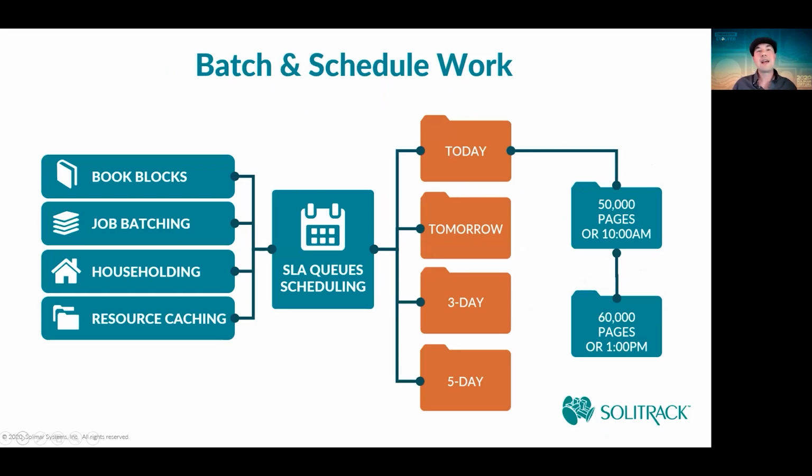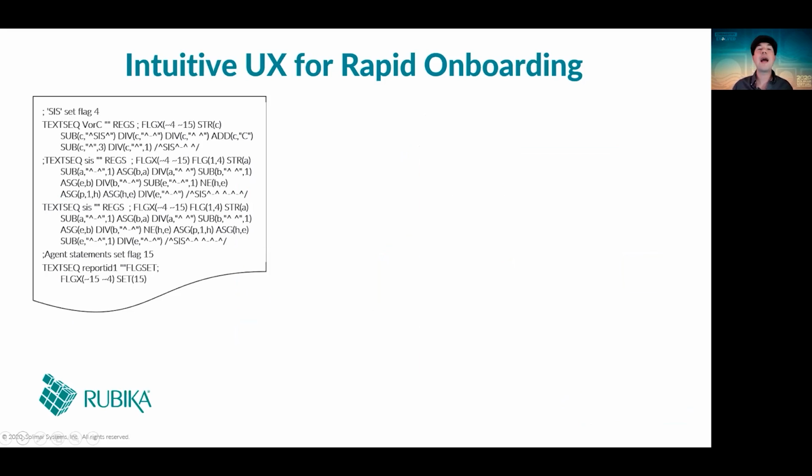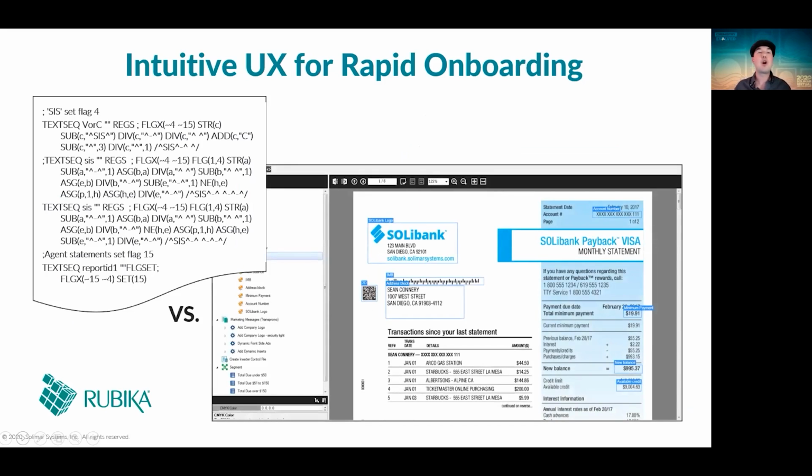And it rolls right into this idea of batching and scheduling work intelligently and dynamically so that you can get the most out of your processes, your equipment, and your people can focus on what matters most, not trying to track down problems or managing manual tasks. We also have an intuitive UX for rapid onboarding. So if you're still coding things like your document enhancements on the left, we really want to invite you to have a new experience and do it in a visual way, like here on the right in Rubica. So we invite you to try that if you haven't already, and we are ready to take your questions as